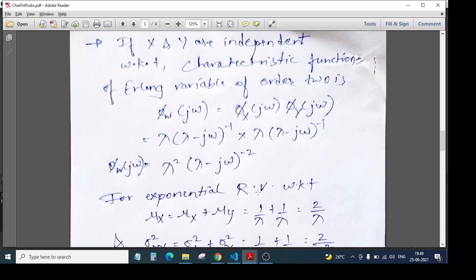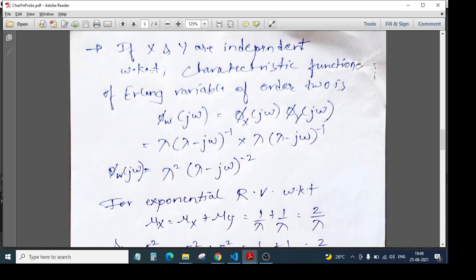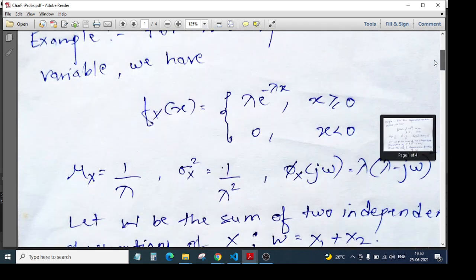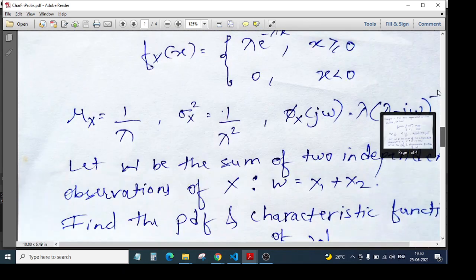Next thing is, we need to find the characteristic function. And in order to find the characteristic function, it has already been told that your x and y are independent. X and y is nothing but x1 and x2 in our case. And we know that when our random variables are independent, we can multiply their characteristic functions. So this you have seen in your previous lecture. That is, we have proved that when our x and y are independent, we can multiply their characteristic functions. So the characteristic function has already been given, friends. If you observe the question here, it has already been given.